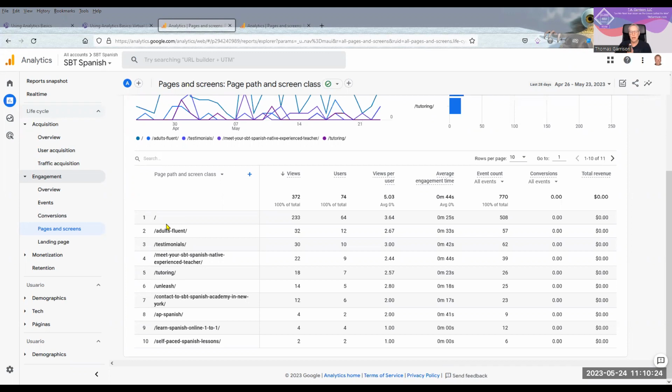Now, somebody's asking in the chat, how do we know if any of these traffic numbers are from bots? That's a good question. Generally speaking, Google's not picking up bot information. They're usually picking up just information from searches in the search engines and direct links to the site. There are ways that you can get into your website statistics, but it has nothing to do with analytics, and you can find out which are bots and which are not.